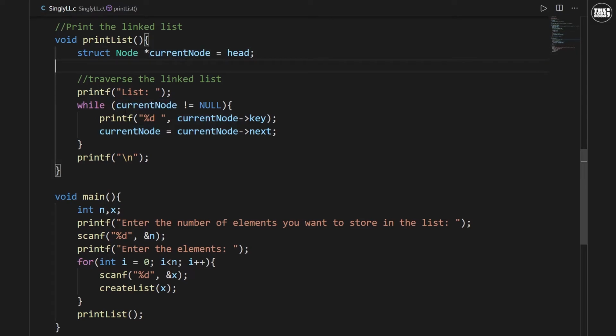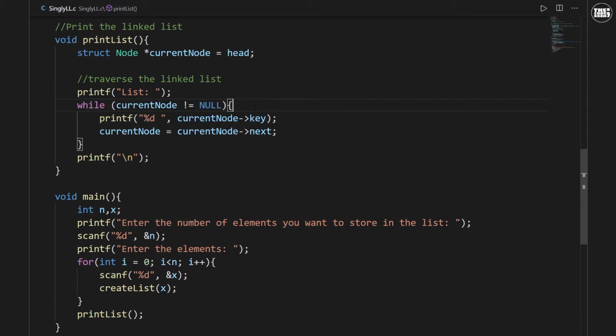To traverse through the linked list, we use a while loop which runs until current node is equal to null, which means that this loop will terminate when we have reached the tail node and again assigned the address stored in the tail node back to the current node. So at that time, null is stored in the tail node. So null will be assigned back to the current node and this condition would be checked, and as this condition would be found false, this loop will terminate.